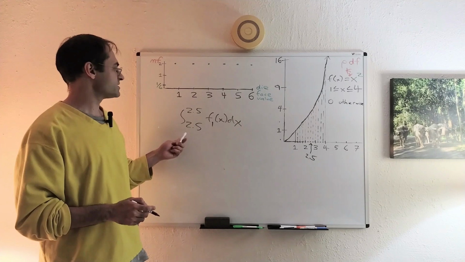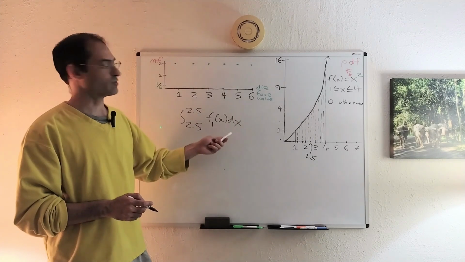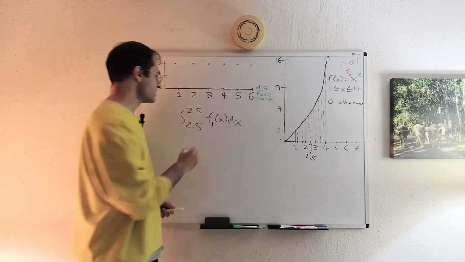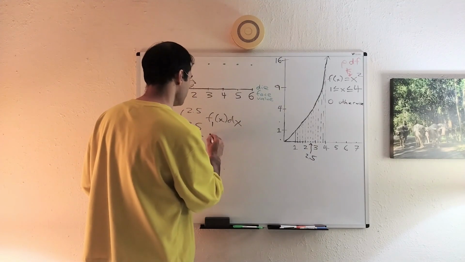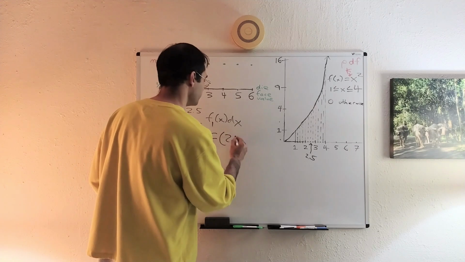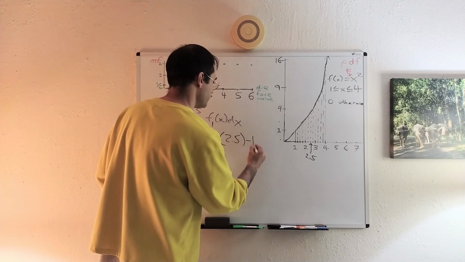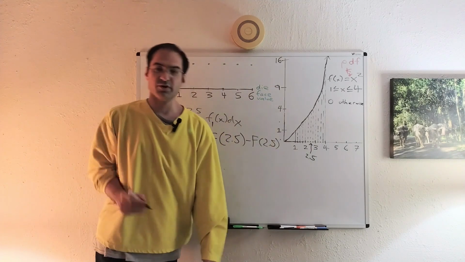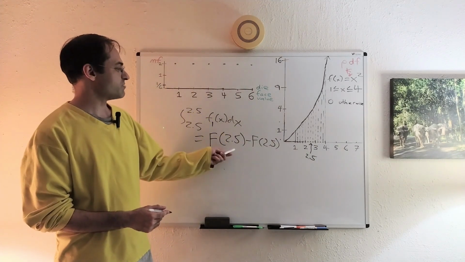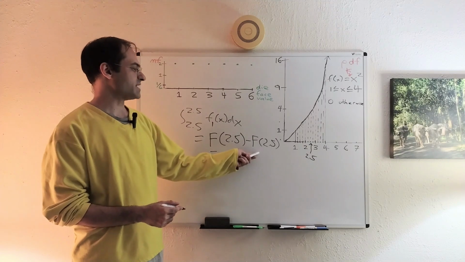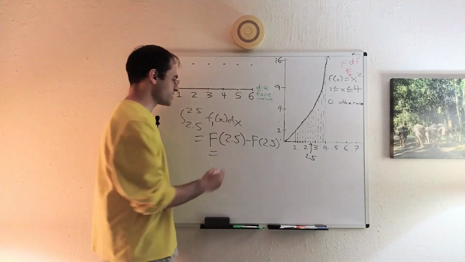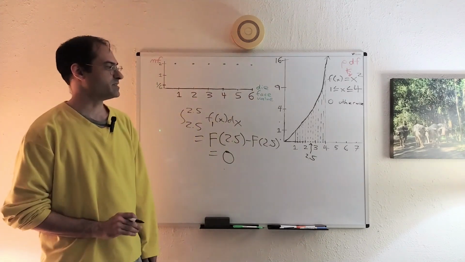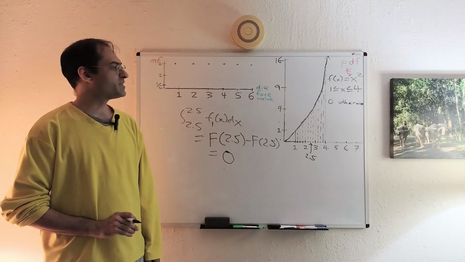Well, to evaluate integrals, we need to find the function that when we take its derivative, gives us this f1 of x. So that would just be some big function F at 2.5 minus that same function evaluated at 2.5. So that would seem like 0 makes sense here. But the thing is,